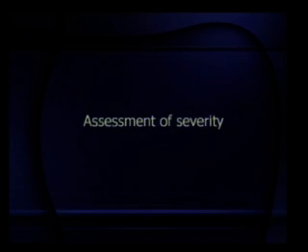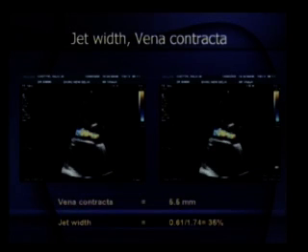Assessment of severity, most important. Patient is asymptomatic, you are seeing a jet of blood, you will definitely want to know how much aortic regurgitation this is. The first and most important thing, look at the vena contracta. Okay, this is where you will look at the vena contracta. Take the width of the vena contracta just at the beginning, from the aortic valve, and here the vena contracta width is